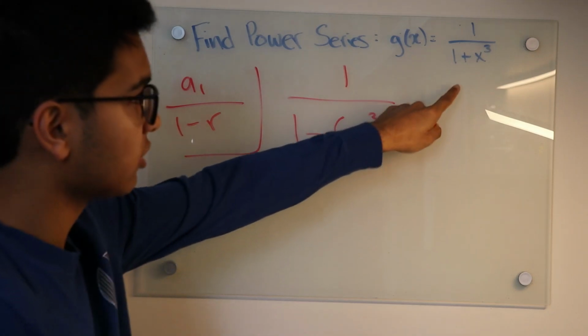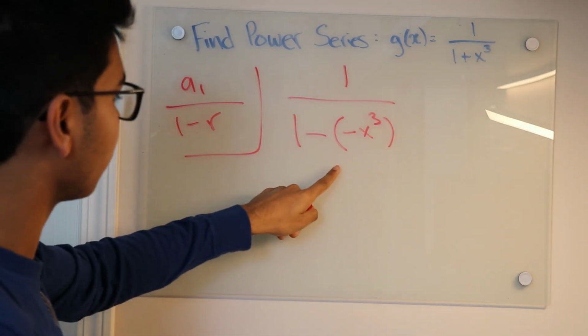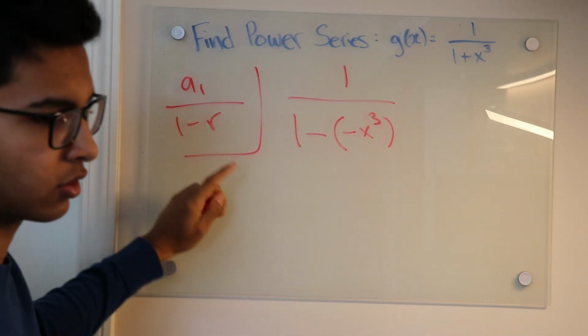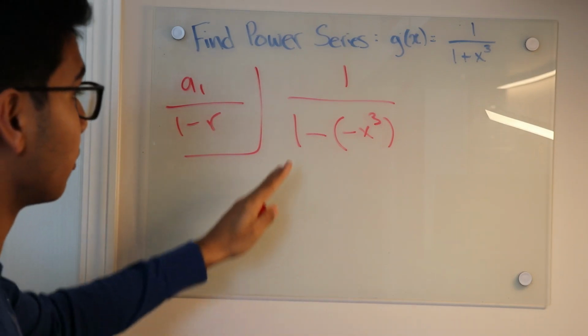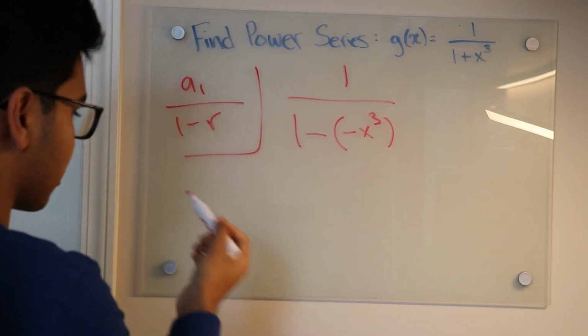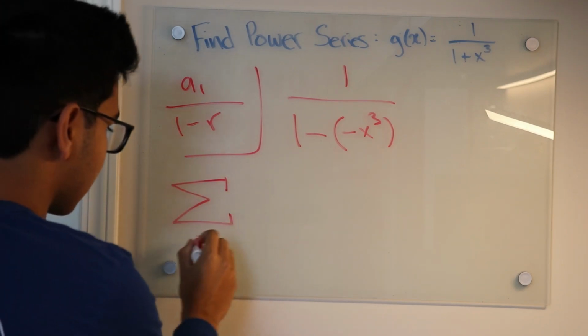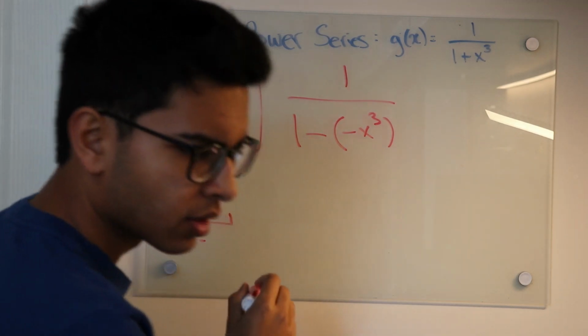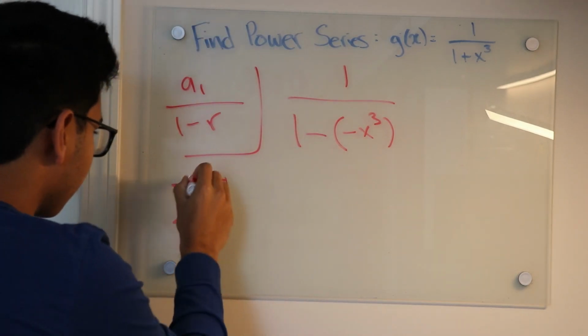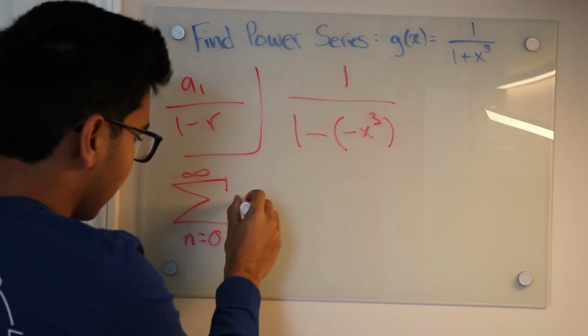So now this function has been put into the form of a1 over 1 minus r, and it's going to be easy as cake to put this into the form of a power series. The general form of a power series is the summation of n equals 0 to infinity of